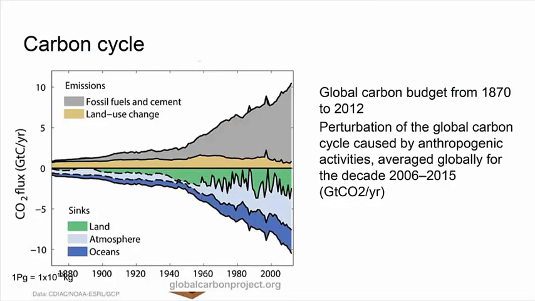So if you focus on the top first, this is what I had before with the gigatons of carbon, or CO2, going up into the atmosphere where we're emitting. And then if you look at how much of it is going where. So the dark blue is ocean, so it's showing how much the oceans are taking up. And then the light blue is the atmosphere, so you can look at the atmosphere burden of CO2. And then also the land sink, so how much CO2 the land is taking up. And you can just see over time a larger portion of it is going into the atmosphere. And the ocean is taking up some of it as well.